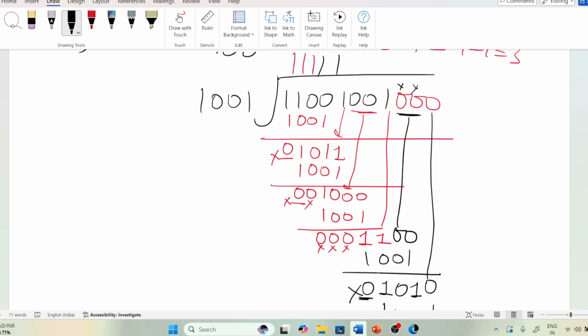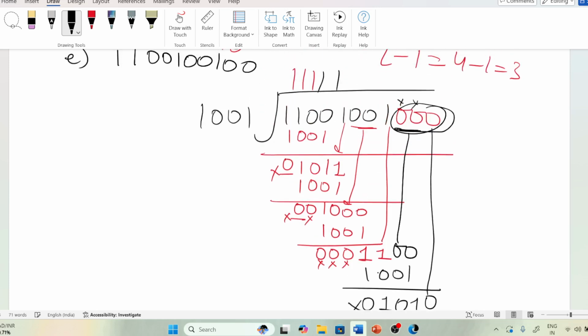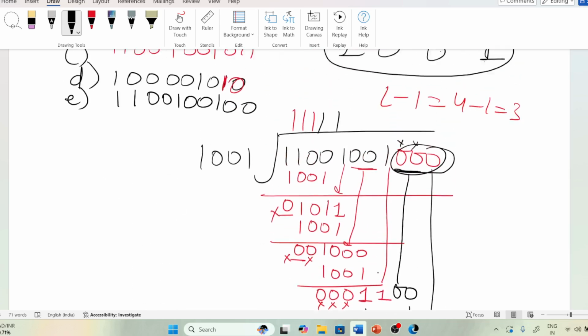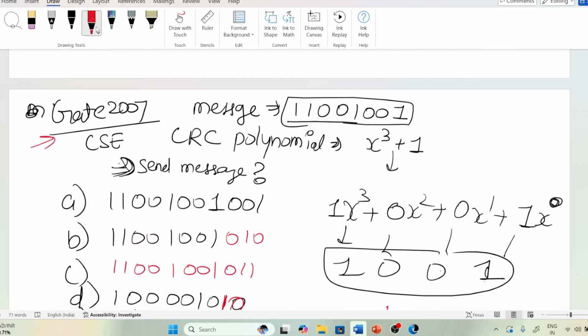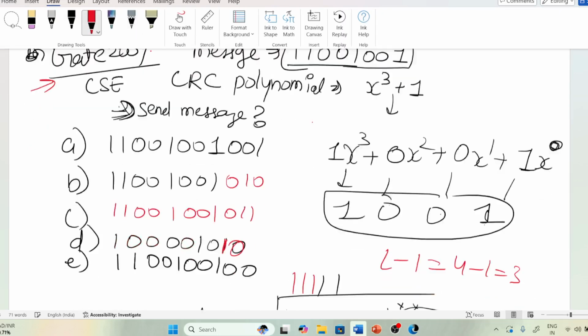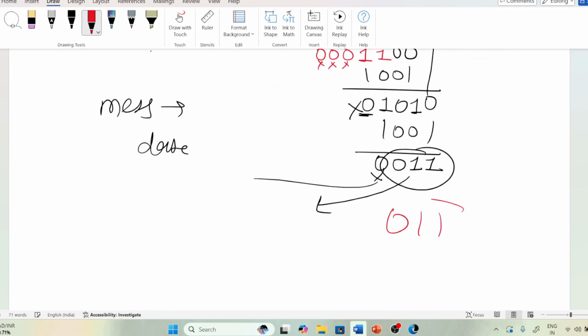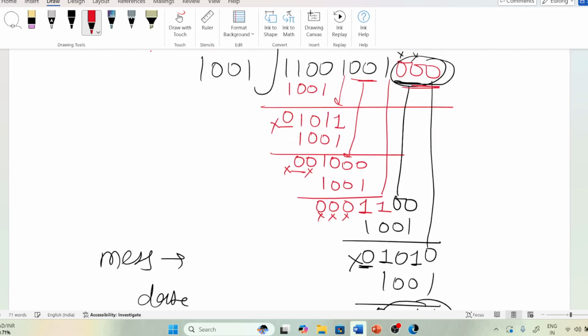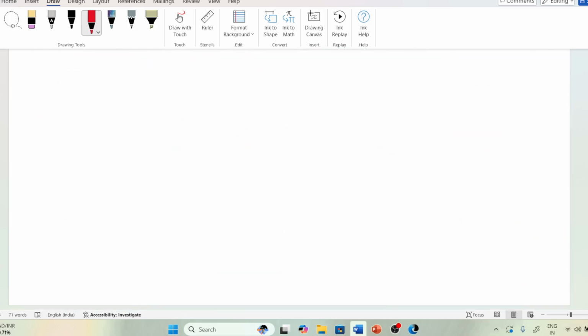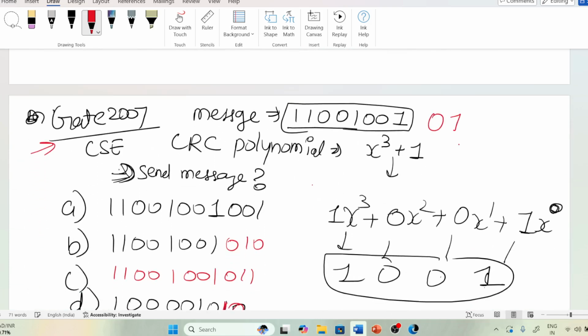So now how many zeros I have appended? 3 0. So this 3 0 are going to replace with this 3. तो जो मेरा डेटा बनेगा, the message that I want to send, it is my data plus this number. तो जो मेरा एक्चुअल नंबर था, इसके आगे मैं क्या ऐड करूंगा, जो मेरे यहाँ पे रिमाइंडर बना है, the remainder which I got here that I am going to add here. रिमाइंडर मेरा क्या था, 0 1 1। Why I discard only 1 0? Because I have added 3 0, so I need to replace this with someone, so I am going to replace this with 0 1 1। ये जो मेरा था नंबर, इसके आगे मैं क्या ऐड कर दूंगा, 0 1 1।